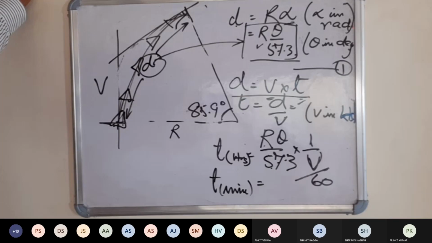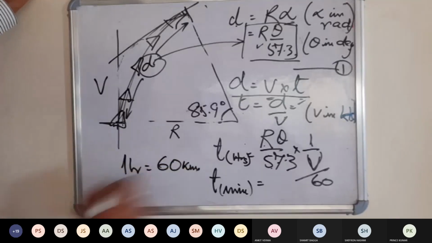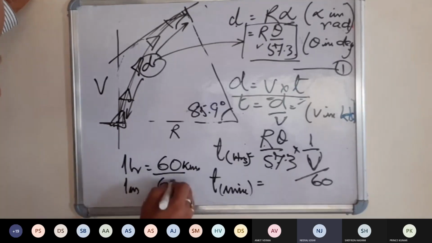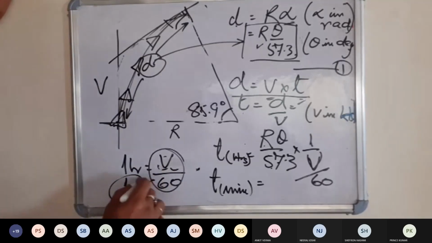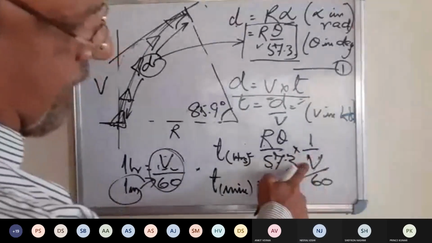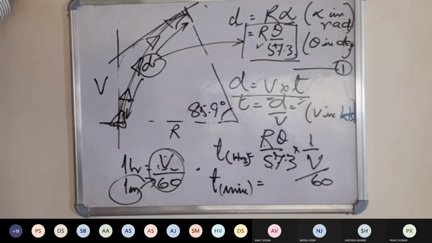एक घंटे में आप 60 किलोमीटर चलते हैं, तो एक मिनट में कितना चलेंगे? 1 किलोमीटर. डिवाइडेड बाय 60 करेंगे ना. जो स्पीड थी आपकी V को आप 60 से डिवाइड करेंगे ना मिनट में निकालने के लिए. हाँ सर, ये तो समझ गया. तो ये V जो है दैट वाज इन 1 आवर, नॉटिकल माइल्स इन 1 आवर, उसको डिवाइड करेंगे तो मिनट का टाइम निकलेगा या नहीं? यस सर ठीक है।